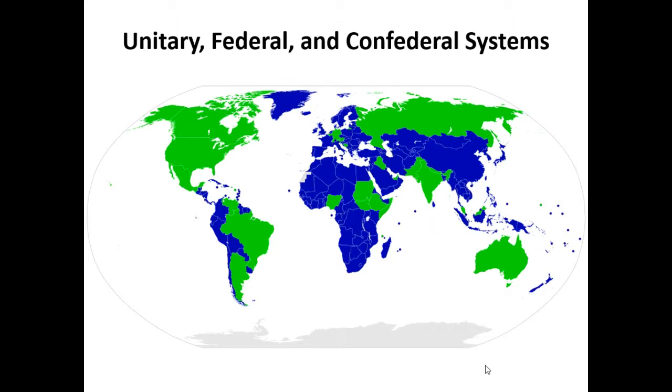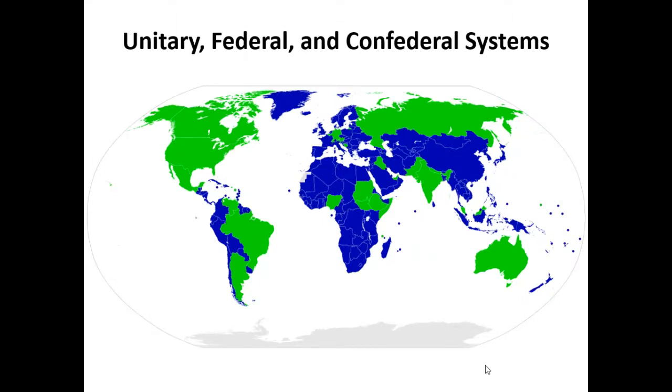And the fact of the matter is that it's hard to identify examples of confederacies today or even historically because they're few and far between. But I think it's important for us to talk about confederacies, if for no other reason than as a frame of reference, as a reference point, particularly to understand the American federal system. So more on that here in just a bit. Initially here, I want to start with this distinction between unitary and federal.